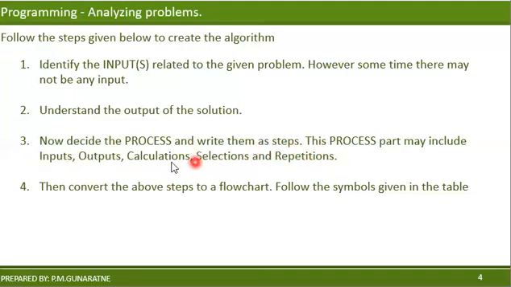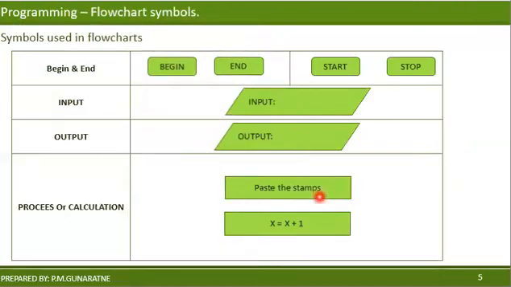Don't worry, you will be learning these things in the future grades as well. Repetitions we are not going to focus on in this lesson. However, these other ones we are going to focus on in this lesson, right? Okay, then the fourth step, convert the above steps to a flow chart. We are going to concern ourselves with flow charts only. There is another type of algorithm called pseudocode. We are not going to focus on that one, but keep in your mind, other than flow charts, there are some algorithms as well. So we are going to focus on flow charts, and these are the symbols of a flow chart.